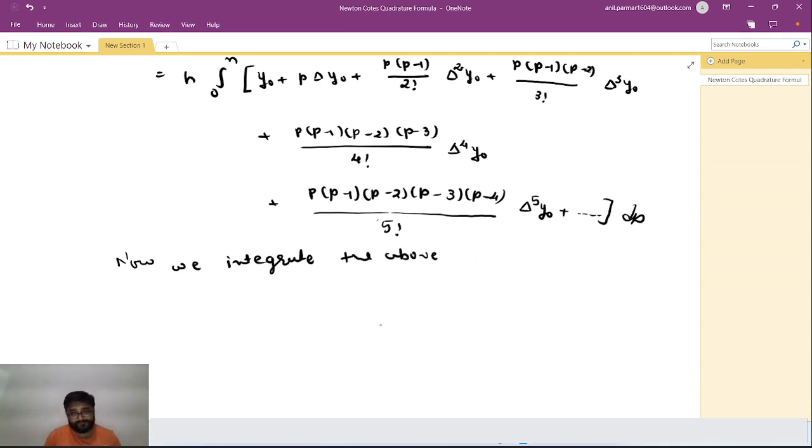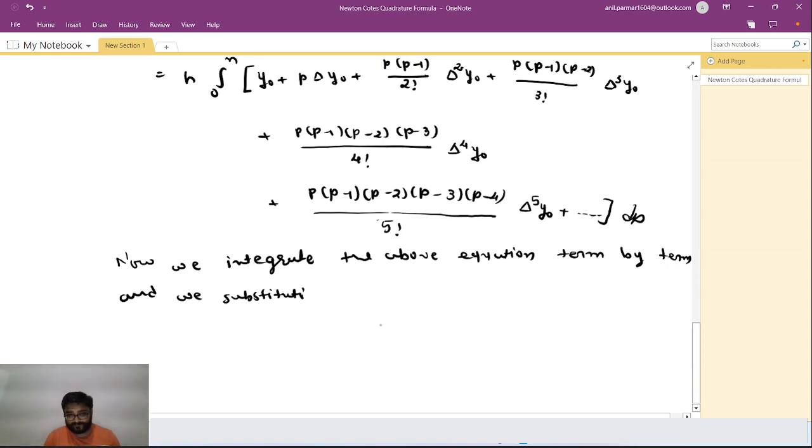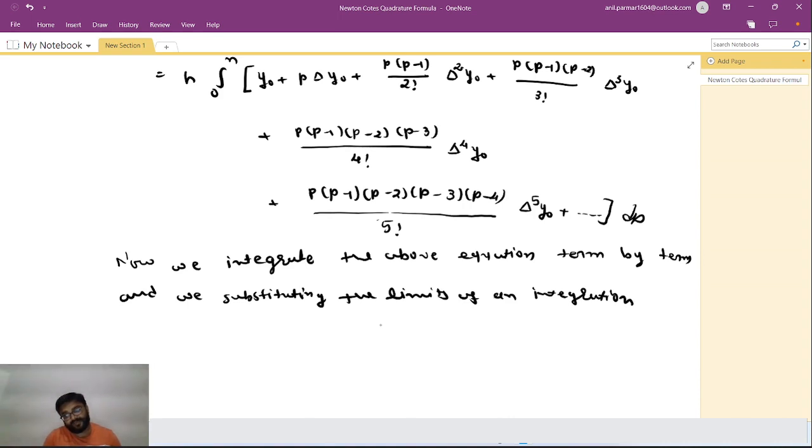Now we integrate the above equation term by term, and we substitute the limits of integration, and we get: I is equal to h as it is, and the